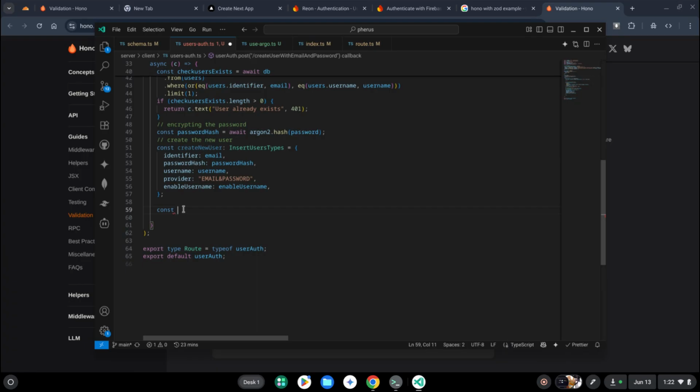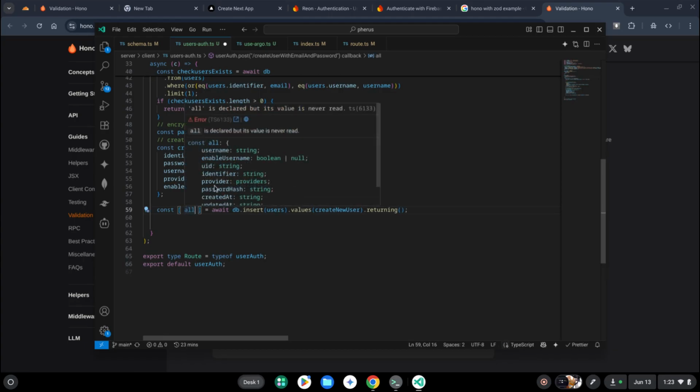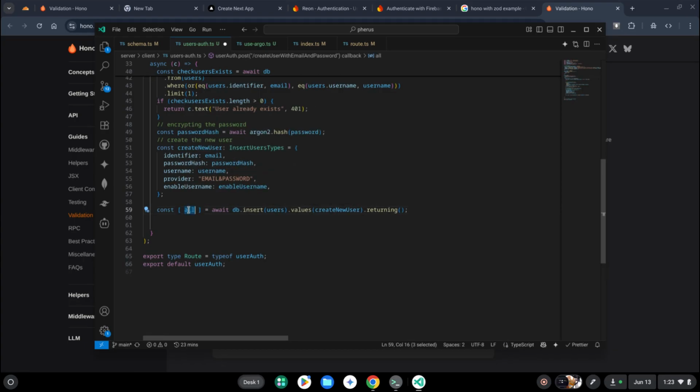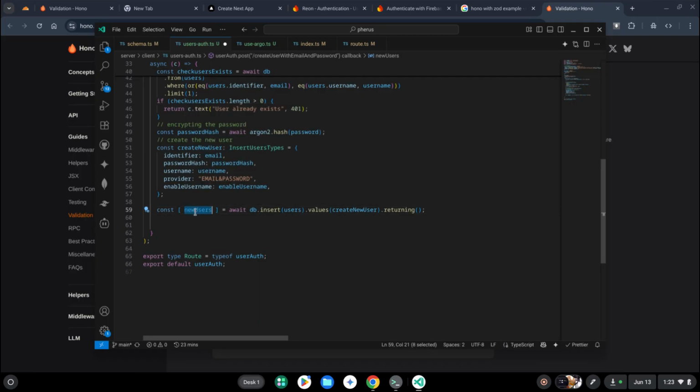Create new user, then this is the new user, so that we can have a returning and all. So the returning, let's name it new user, so it returns just a single member of the current user that we have created. Now